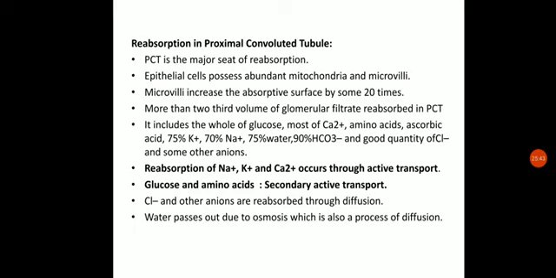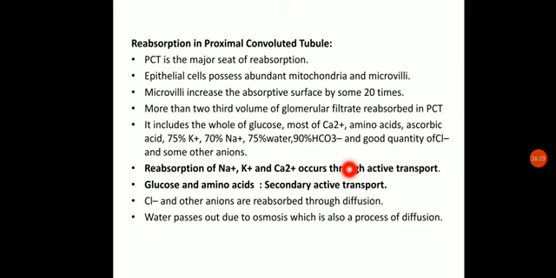The second is glucose and amino acids. Solutes like glucose and amino acids will be transported along with some other substances which are actively transported, like glucose being transported with sodium. Such transportation, where a substance is transported along with some other molecules which are being transported actively, is called secondary active transportation. What is secondary active transportation? When a solute or substance is transported across the membrane along with some other substance which is transported actively, it is called secondary active transport.